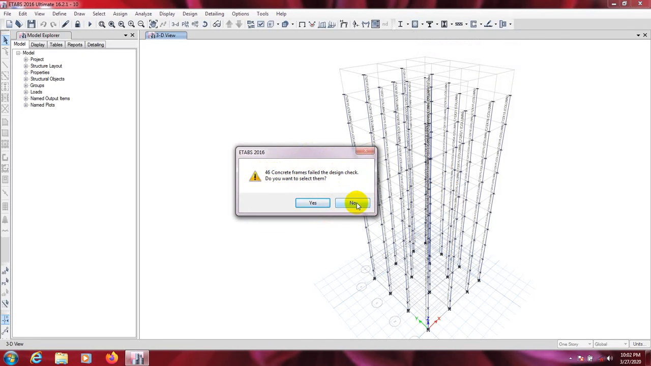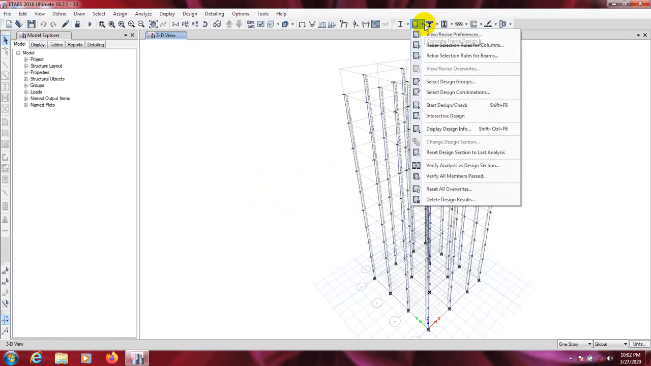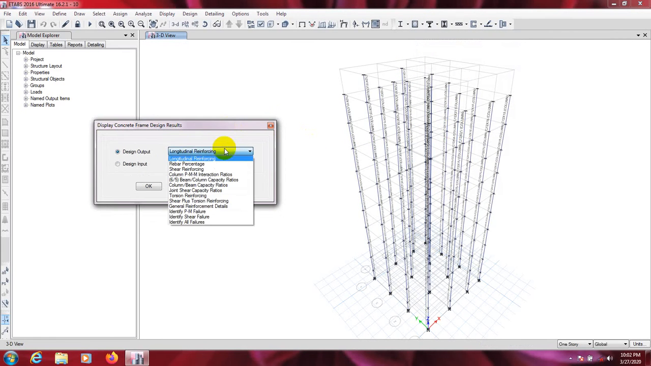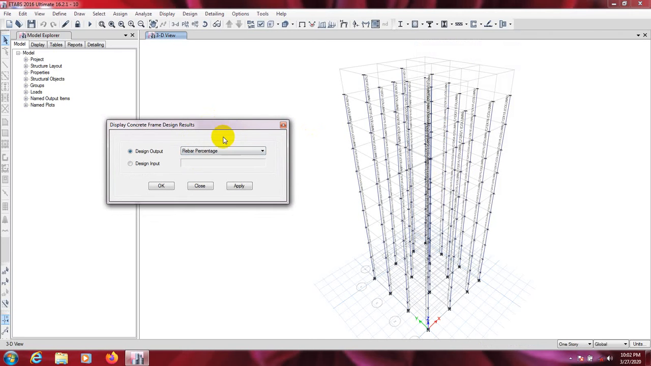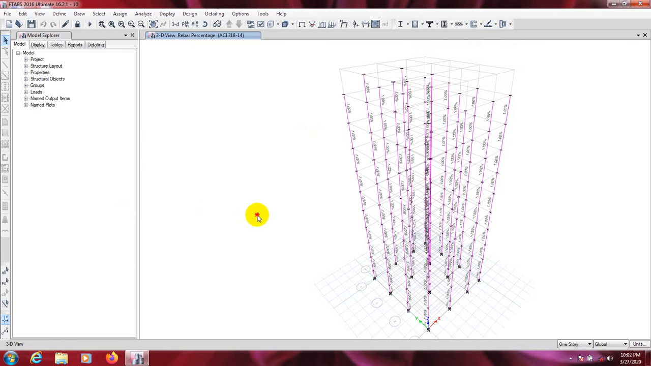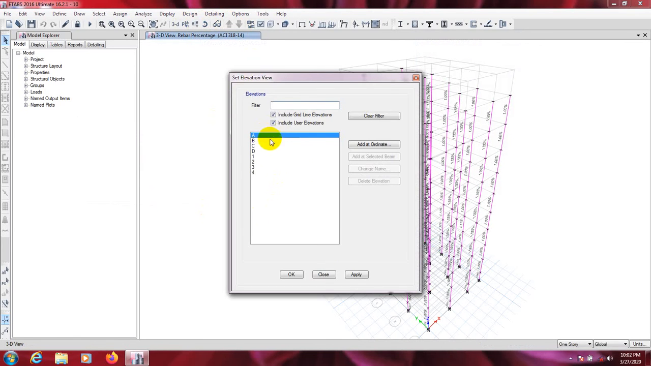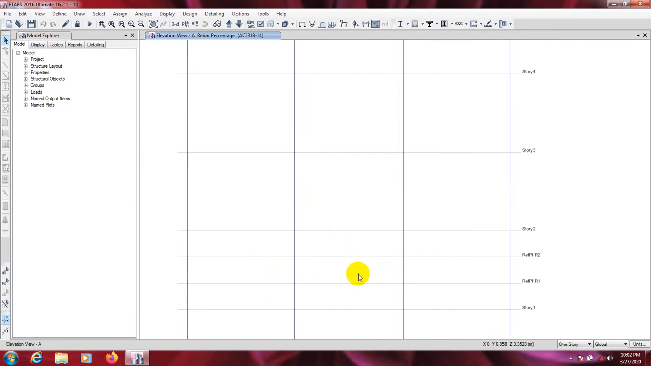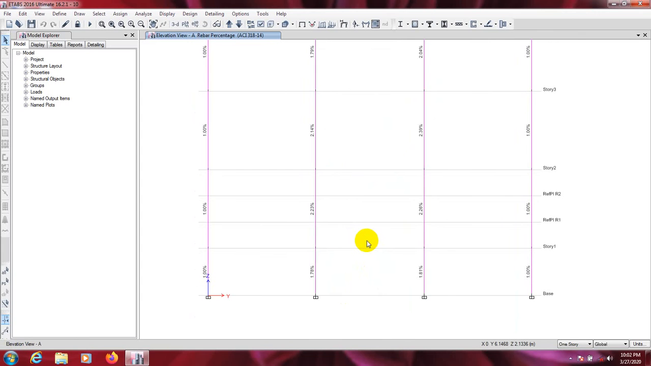Before that, we have to go here, so display design info, and after that we'll go rebar percentage. So click here, rebar percentage, apply, then OK. So I'll go here, elevation view for A, apply, OK. So I'll zoom it, and we have to ensure that